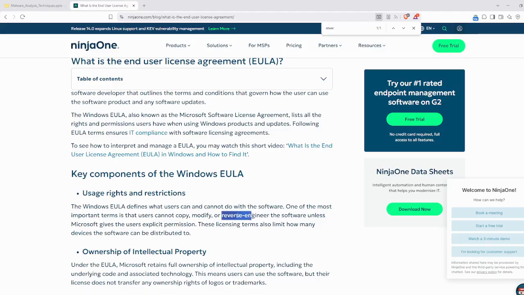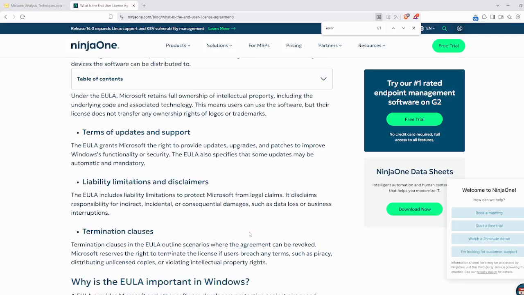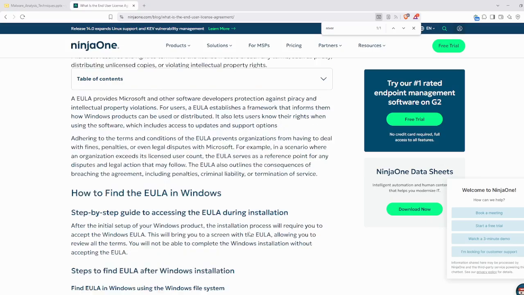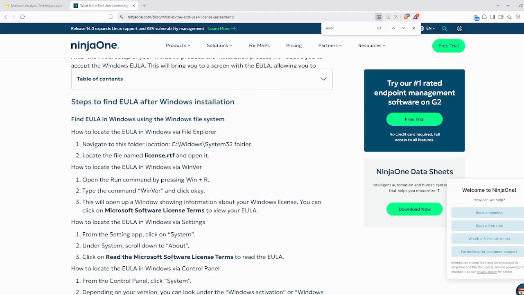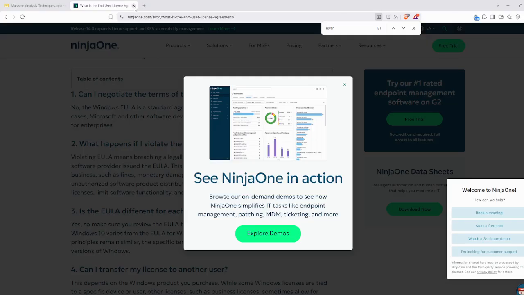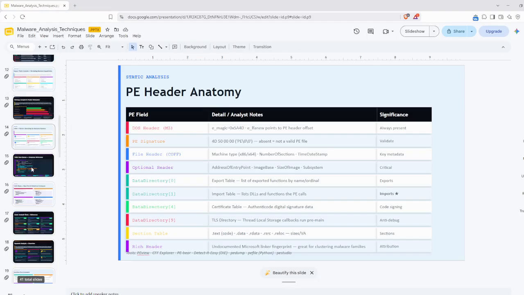So this clearly tells you should not be doing reverse engineering of my product. You are just allowed to use my product. You are not going to own this. So this is what the end user license agreement says. You are not going to do any reverse engineering on this.